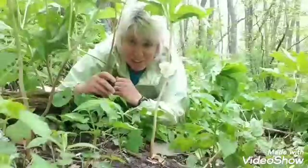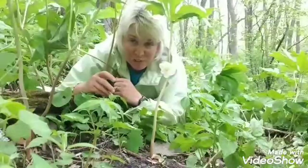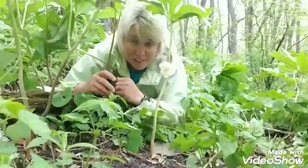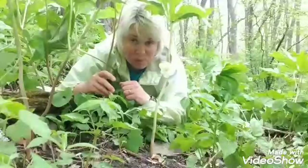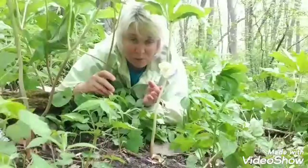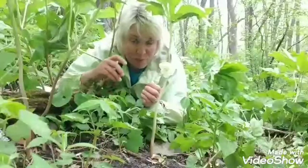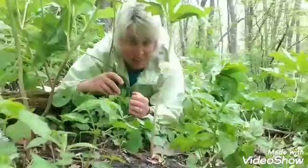The Mayapple provides a really neat canopy on the forest floor, protection to the little animals that might be on the forest floor or the birds, as well as a canopy or protection to its delicate flower that blooms in May, thus the name Mayapple. So the Mayapple blooms in May. It also can bloom into June. It starts coming up in April, the plant itself, and as you can see, it has one flower, and this